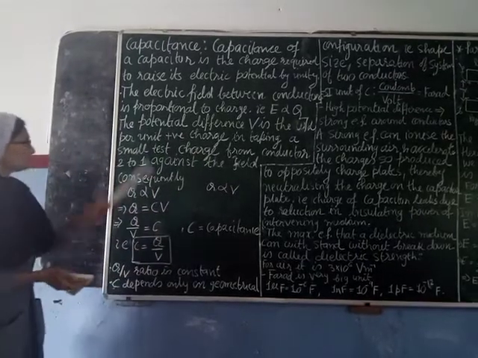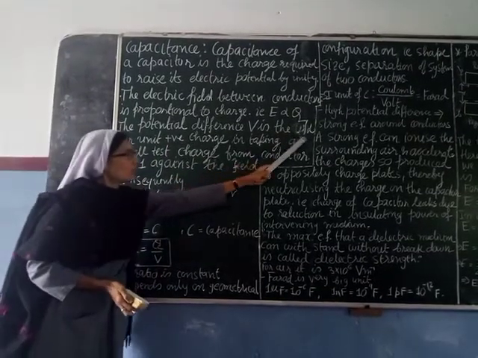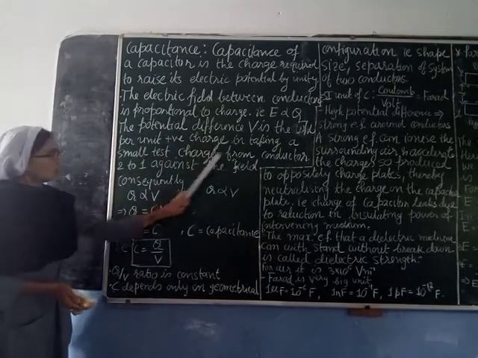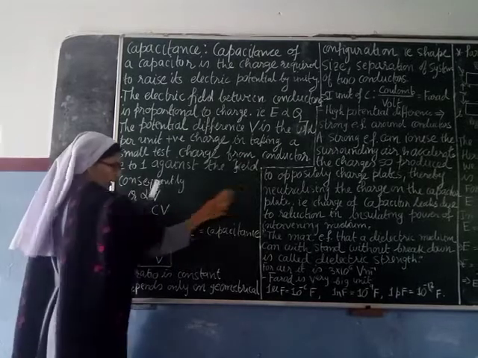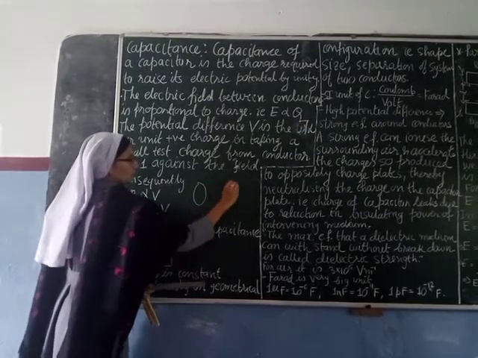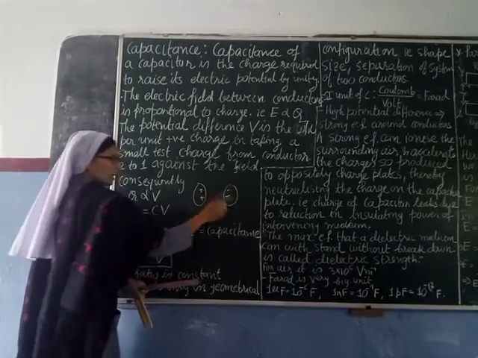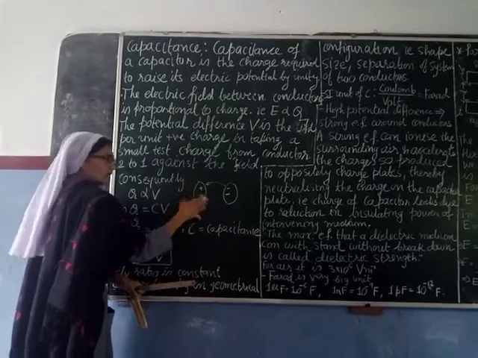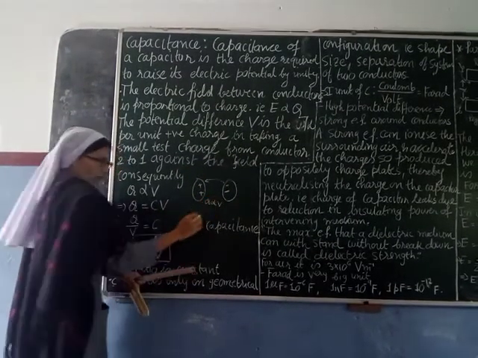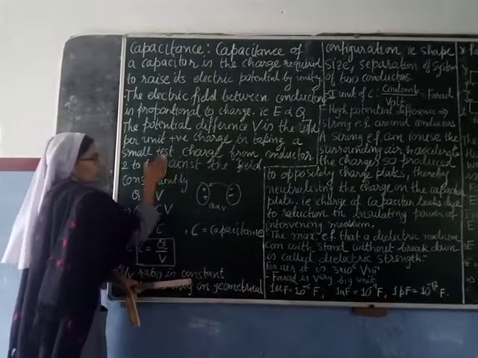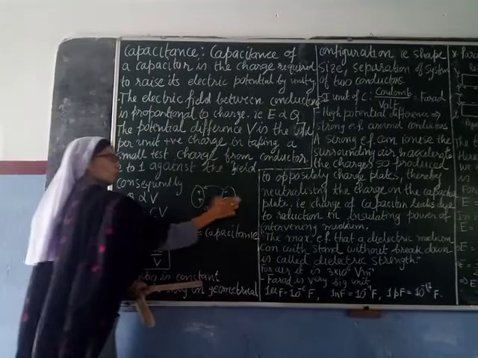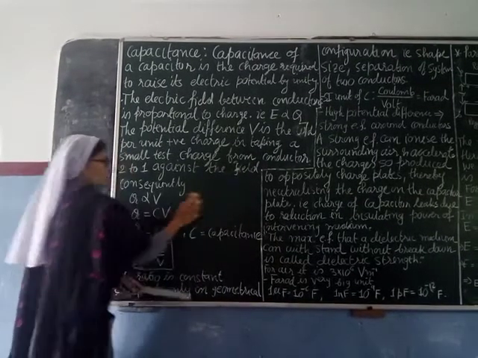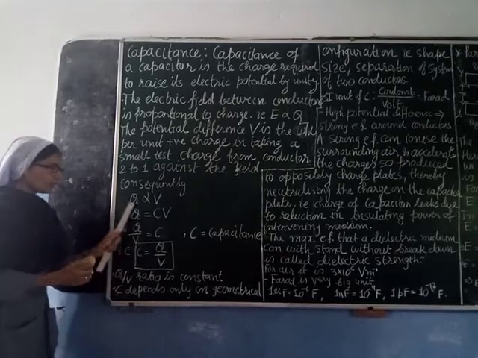See what I have written here? The potential difference V is the work done per unit positive charge in taking a small test charge from conductor 2 to 1. Now we have two conductors, one positively charged and one negatively charged. If charge increases, potential will increase, so Q is proportional to V. Because we are talking about conductors, with two plates, we bring charge from one plate to the other. So, as I said, Q is proportional to V.